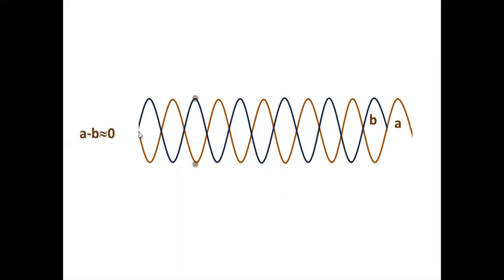how much distance you have traveled? They say, sir, we have traveled different distances. How much different? Lambda by 2, this much. This wave has traveled lambda by 2 extra than this wave. So there is a path difference between the two waves. So this path difference has destroyed everything.